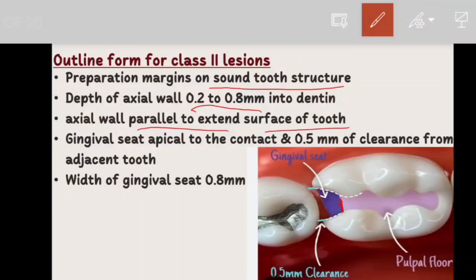the axial wall will be parallel to the tooth surface, while the gingival seat, which is in violet color, is apical to the contact, and has 0.5 mm of clearance from the adjacent tooth. So the distance of the gingival seat from the adjacent tooth will be 0.5 mm,